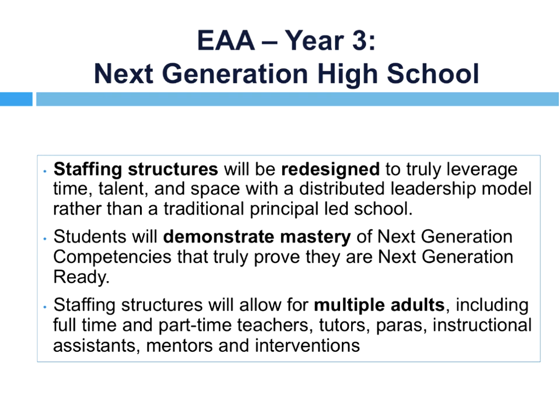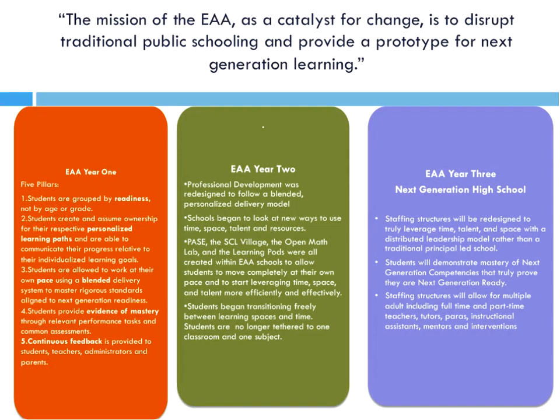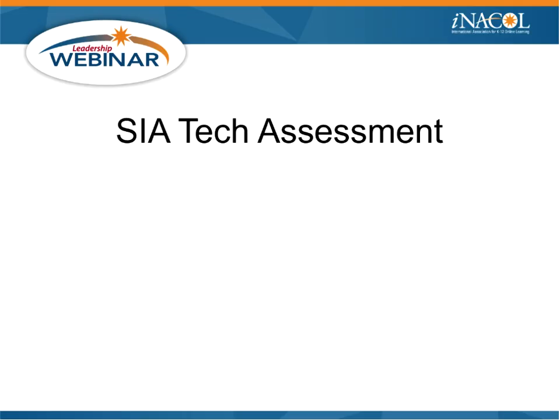And then we've identified 12 next generation ready competencies that we feel all students should master as opposed to just being college and career ready, with college and career ready being one of them, but tech savvy, globally competent, environmentally cognizant being some of the other things that we think all students should be able to show competency, not only in behaviors, but in terms of performance tasks and then externships they have opportunities to participate in. So that's kind of how the system works, and that's an example of that progression. So that gives you an idea of how we implement our blended model, and I'll turn it back now.